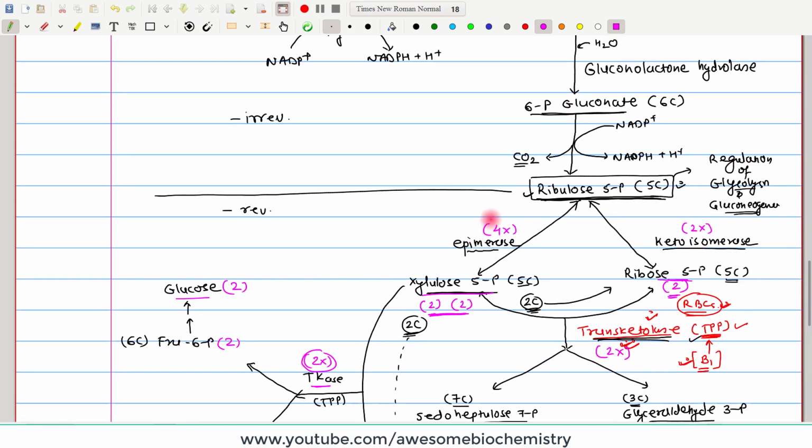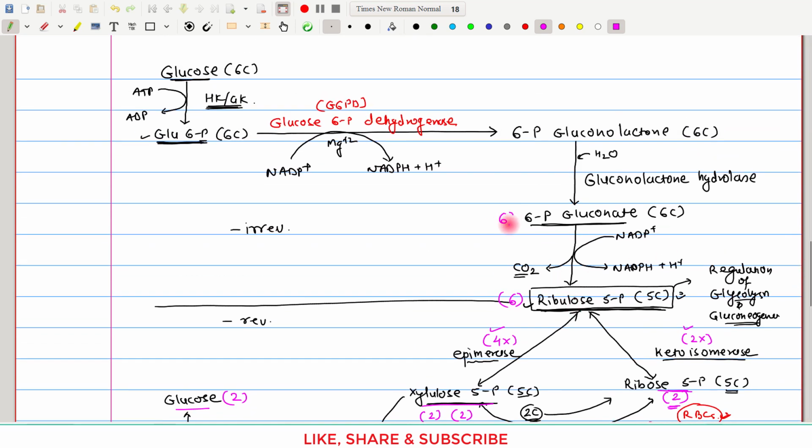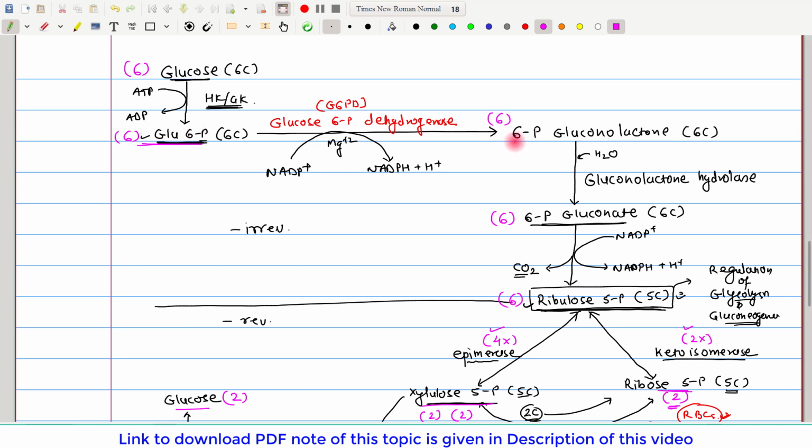So 4 reactions this side and 2 reactions this side, we need 6 molecules of ribulose 5-phosphate. For these 6 molecules of ribulose 5-phosphate, we need 6 molecules of 6-phosphogluconate, and 6 molecules of this 6-phosphogluconolactone. So we need 6 molecules of glucose 6-phosphate. Here 6 molecules of glucose 6-phosphate undergo oxidation to give rise to 6 molecules of this compound. Here 6 molecules of NADP plus get converted to 6 molecules of NADPH plus H plus, and in this step 6 carbon dioxide get released, and here also 6 molecules of NADP plus undergo reduction